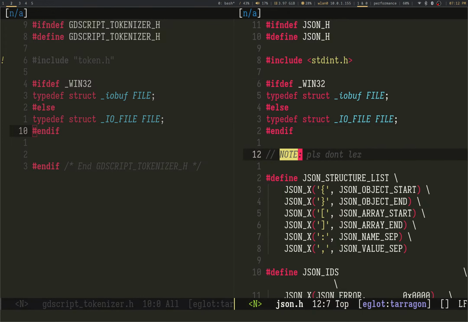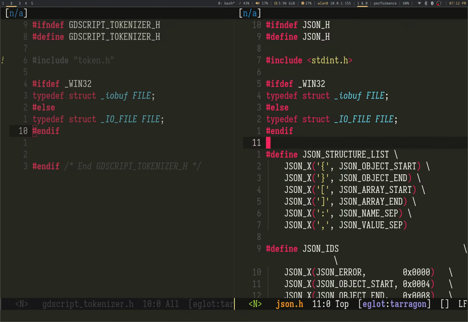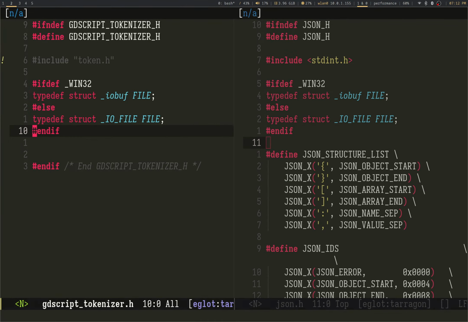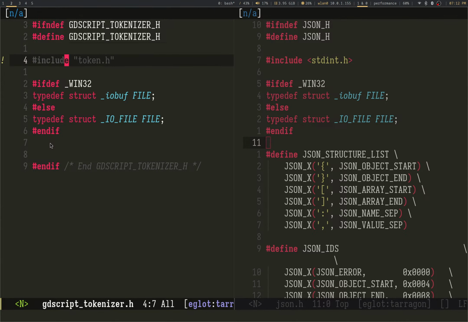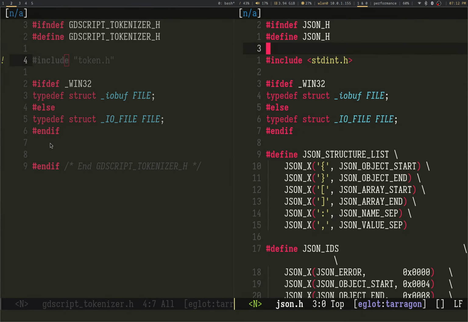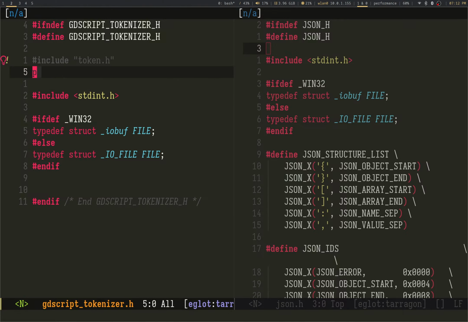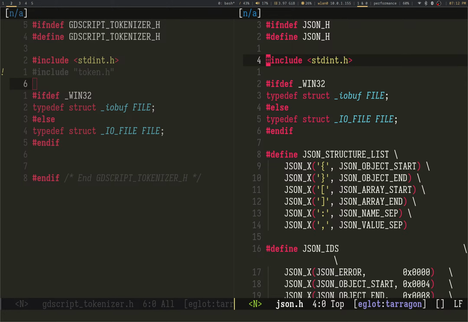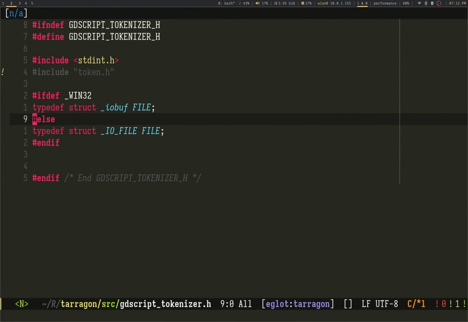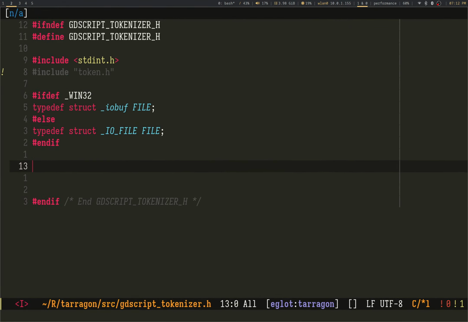It says note, please don't lex. Actually, I did end up lexing, so just delete that. I've been working on this on both a Windows machine and a Linux machine, so that's why I have to use these ifdef type forward declarations. And I'm probably going to need to use uint over here as well, and I'm using it for, I'm going to guess, just uint32. And so we'll close that back up so you guys can focus on what I'm actually doing.